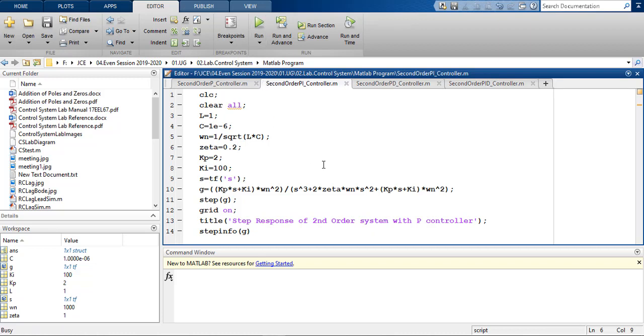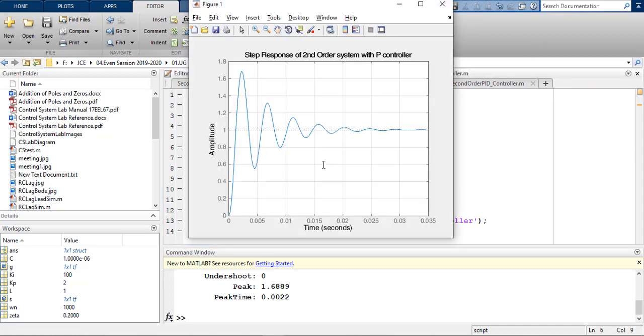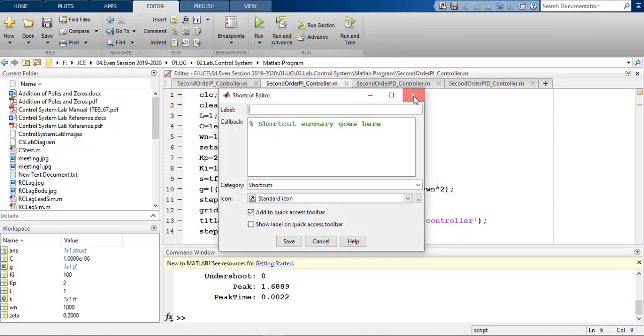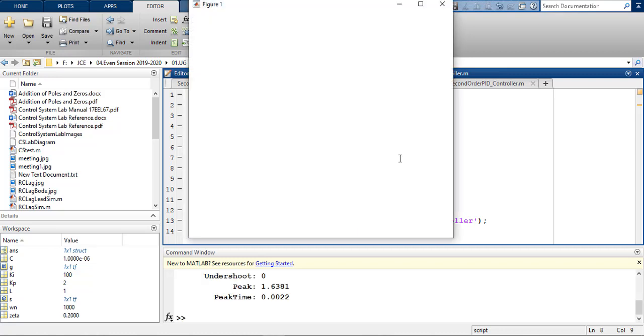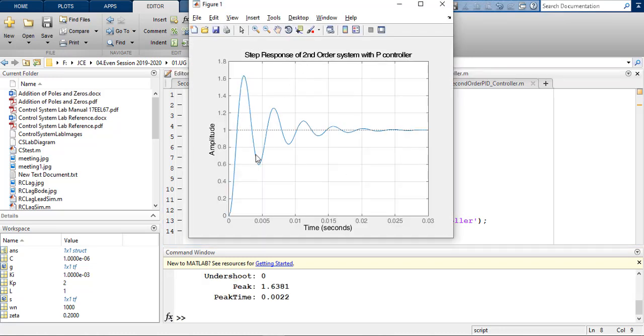You can see the response, and how Kp and Ki behave. Go on and see the different values of Kp and Ki. You can reduce the value of Ki to 0.001 and check that value also. So you can have an idea of how Kp and Ki affect the system.